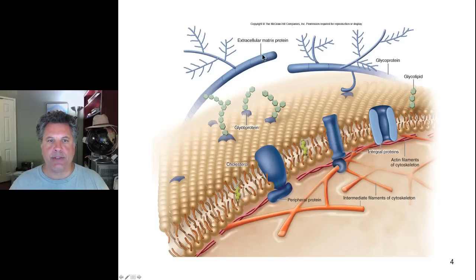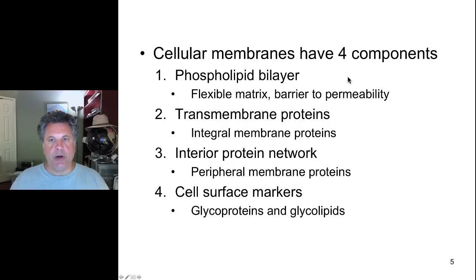Here shown are extracellular matrix proteins, and we know that those lie above the plasma membrane in the extracellular environment. So this is a schematic that gives an overview of some of the components of the membrane. And what we envision in terms of the fluid mosaic model is that these lipid molecules are bouncing around and moving around, and proteins can float in them and change positions, much like a boat on a lake.